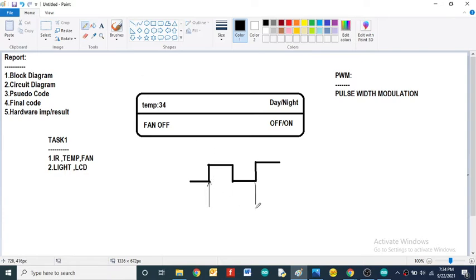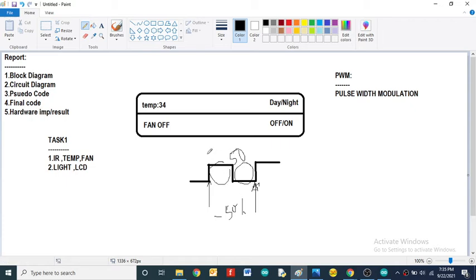From here to here, this is one cycle. This one cycle is represented in the manner of 50% duty cycle. That means you can see here the on time is same as off time. So that's why this is the 50% duty cycle.